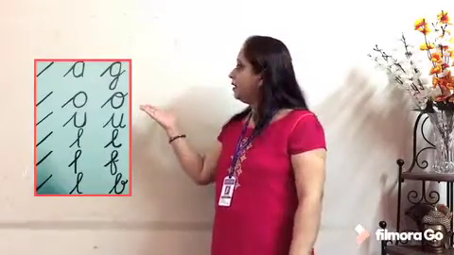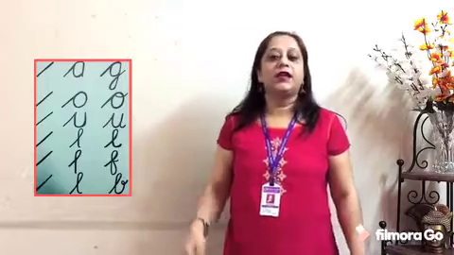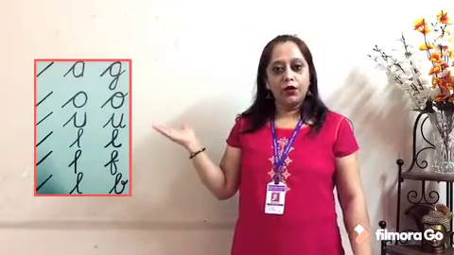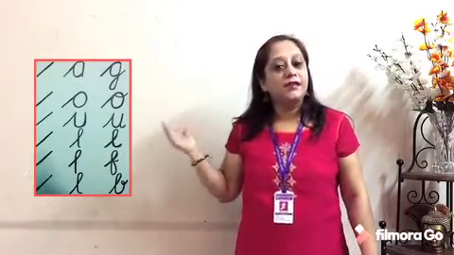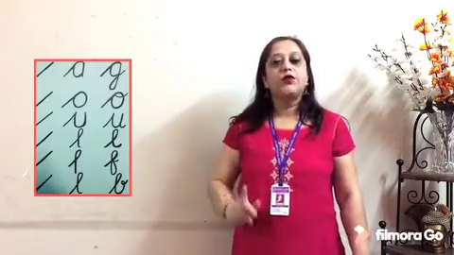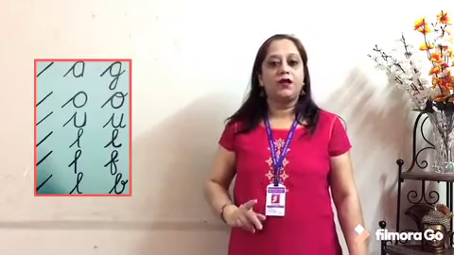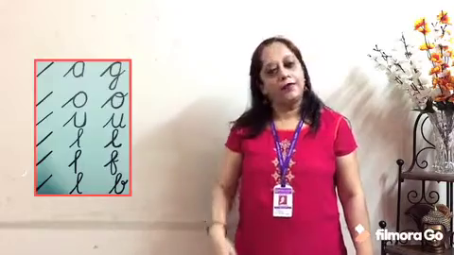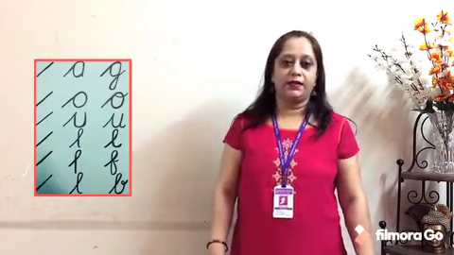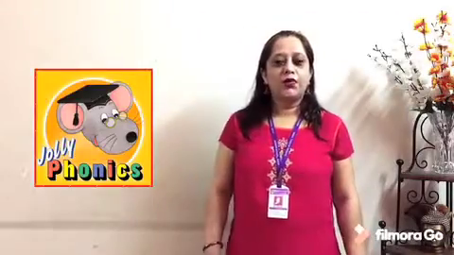And now you can see the formation of these letters in cursive. As you already know, in cursive, we start with the slanting line, okay? Whenever you write a cursive letter, you start with the slanting line, and then you will be able to write the letters, okay? So now children, after the formation of the letters, we can start with the blending of the words, okay? So let's start.